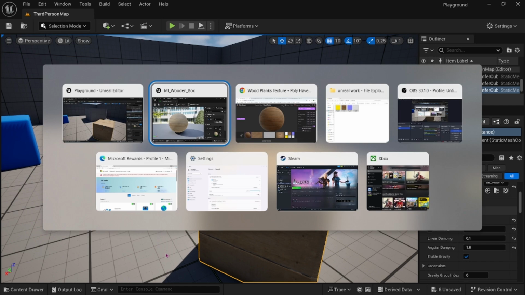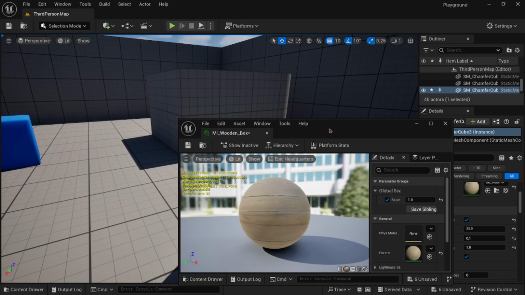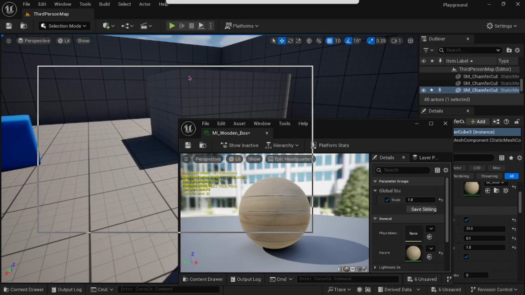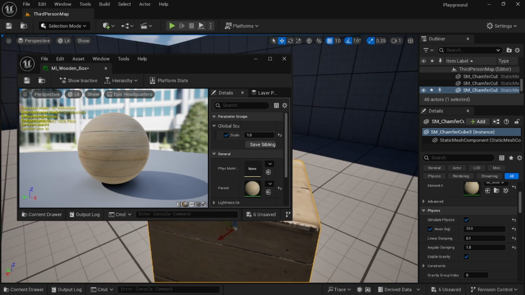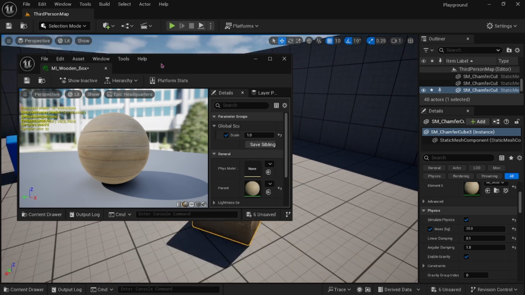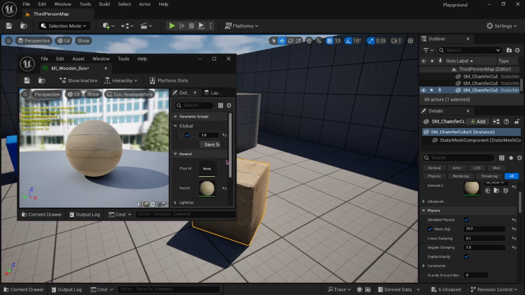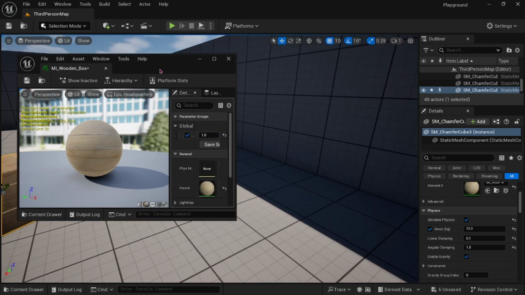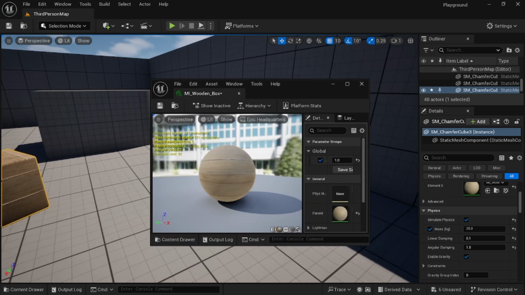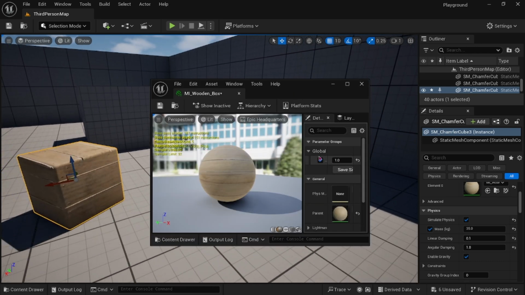And now that's where our little material instance window comes into play here. So we're going to zoom out a little bit to make this a bit smaller, because I can't really see the box. So you can see here, and now what I'm going to do is we're going to go to the scale. I'm going to try and make this